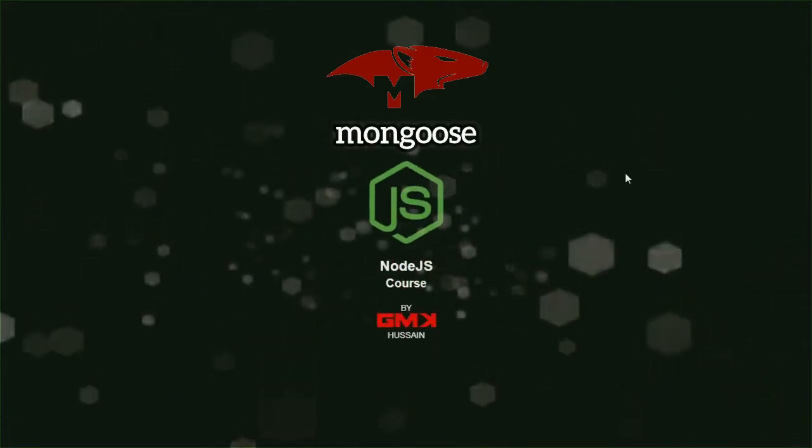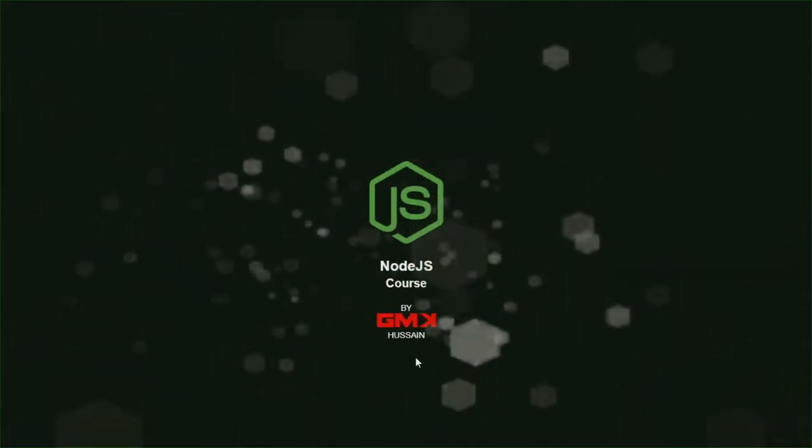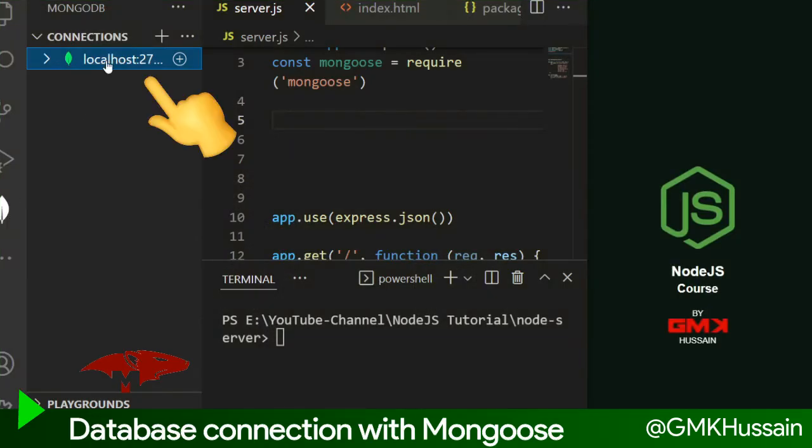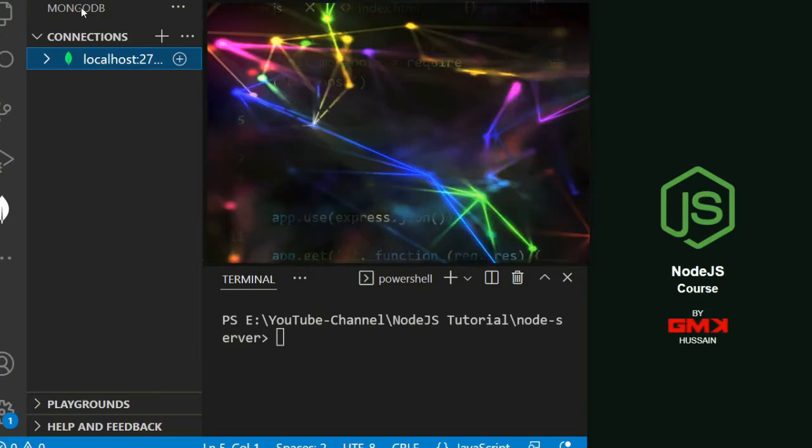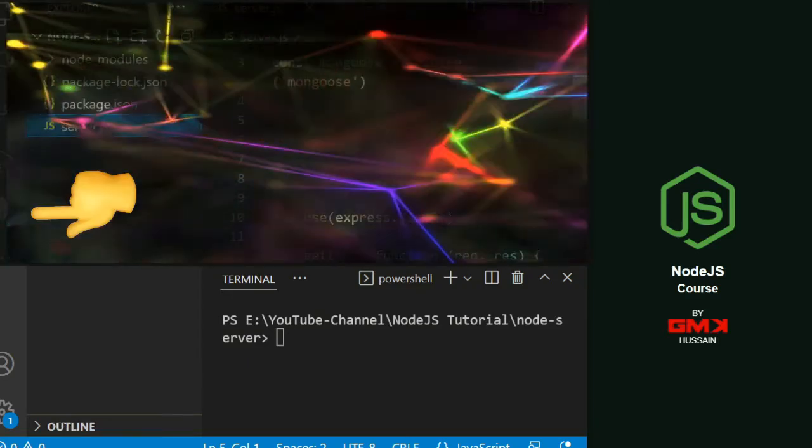Database connection, NodeJS course. MongoDB's connection is already connected by this extension. Now go to the